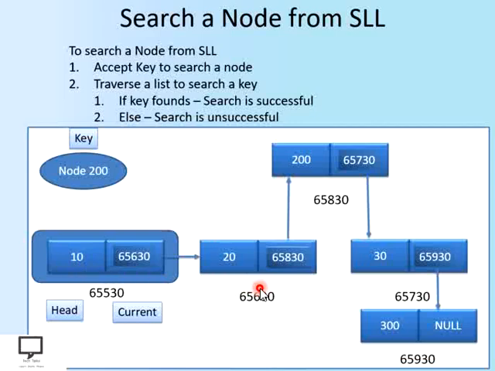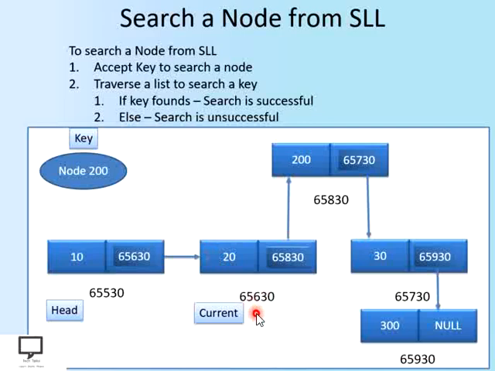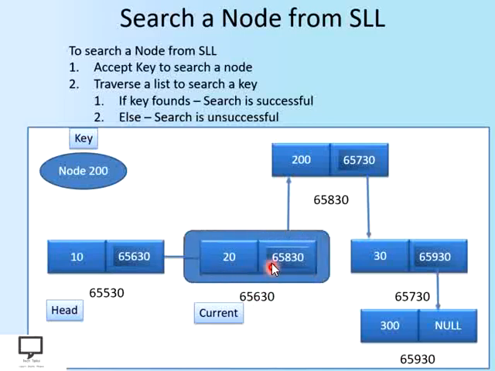How are we supposed to move forward to the next node? We will update current to next of current. So what is there in the next field of a current node? It is nothing but the address of the next node. So now let's make this node the current node. Here I am making this the current node and I am focusing on this particular node. Now as I am focusing on this node, I have to compare its information part with the node which I want to search, whether they are equal or not.